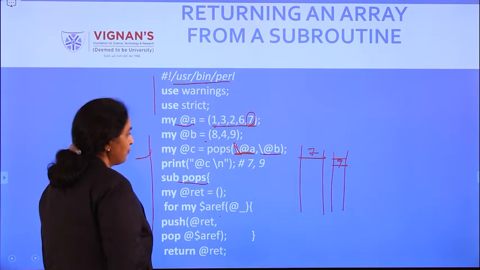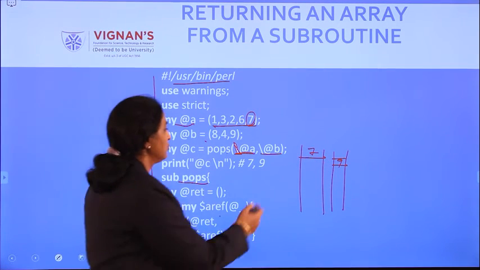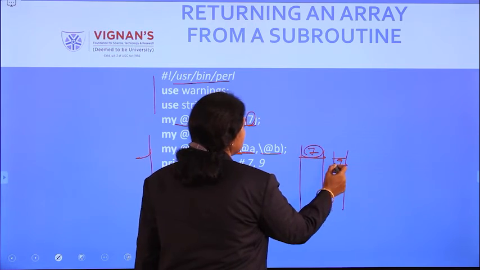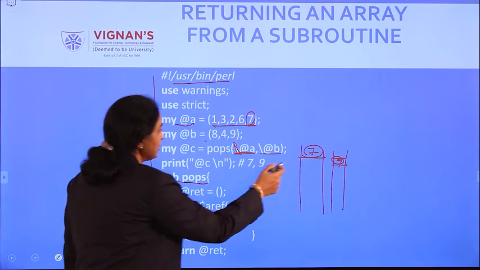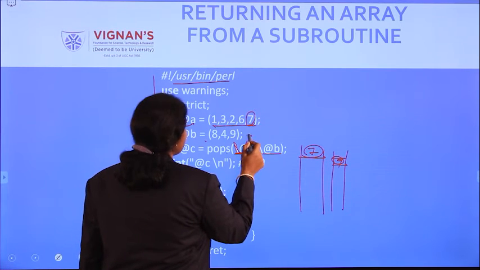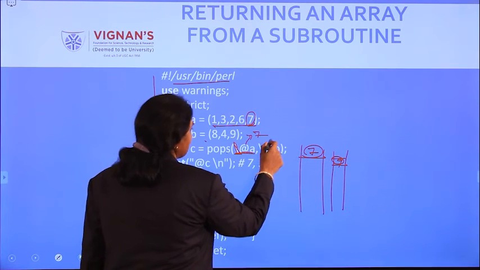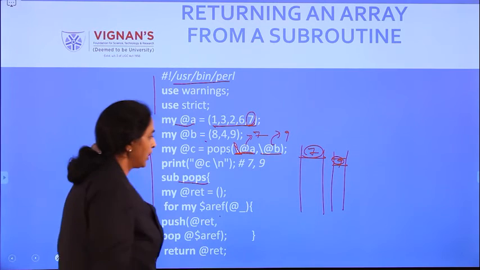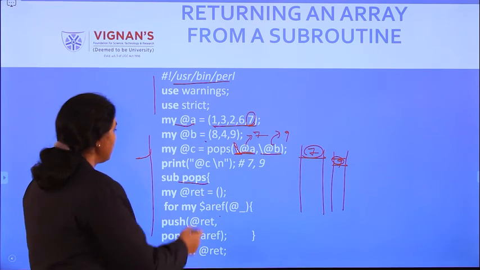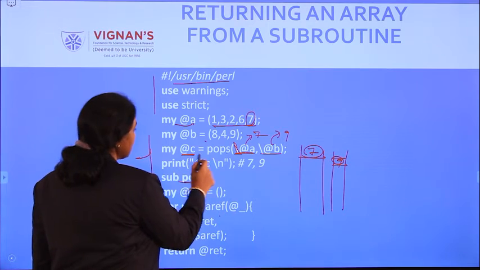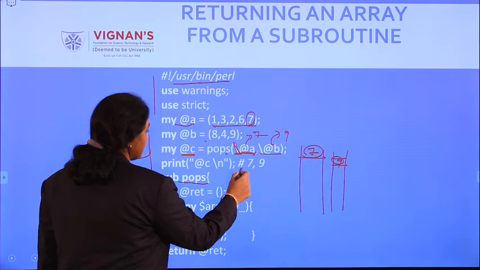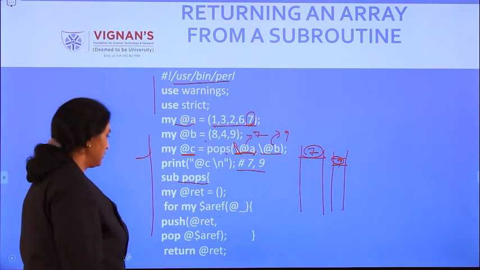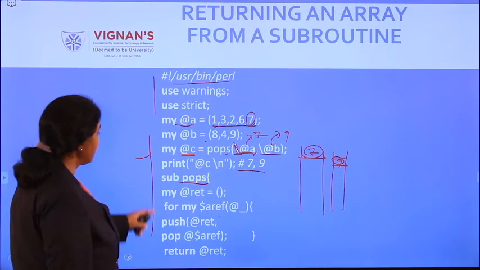So when you are popping, whatever is on top is going to be returned. From A it returns 7, from B it returns 9. So when you are printing C, which is popping of both, it returns 7, 9. So that is what is there here.